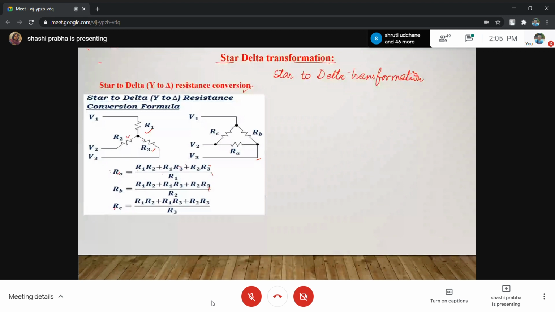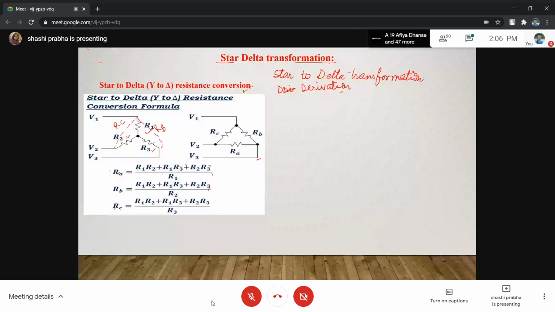If you want to find the resistance RA, where is RA connected? There is a derivation also. Let me give a brief derivation. थोड़ा derivation ही बता देती हूँ. Okay. We want this is a star given, and I want to find this resistance. Okay, I call this resistance RC. This resistance is RB, and this resistance is RA.